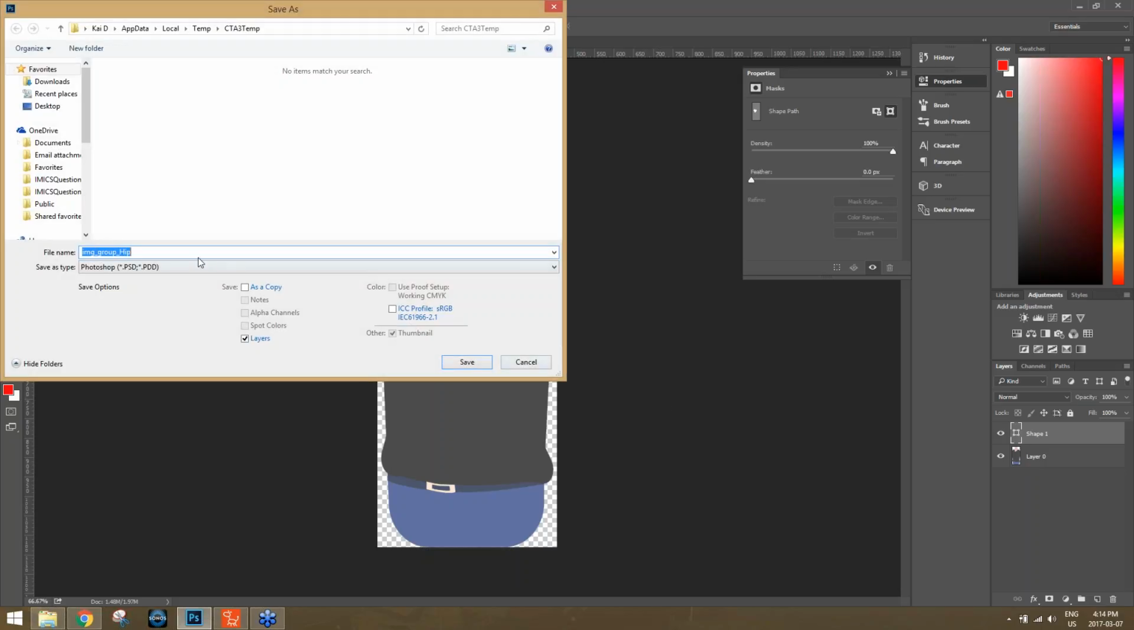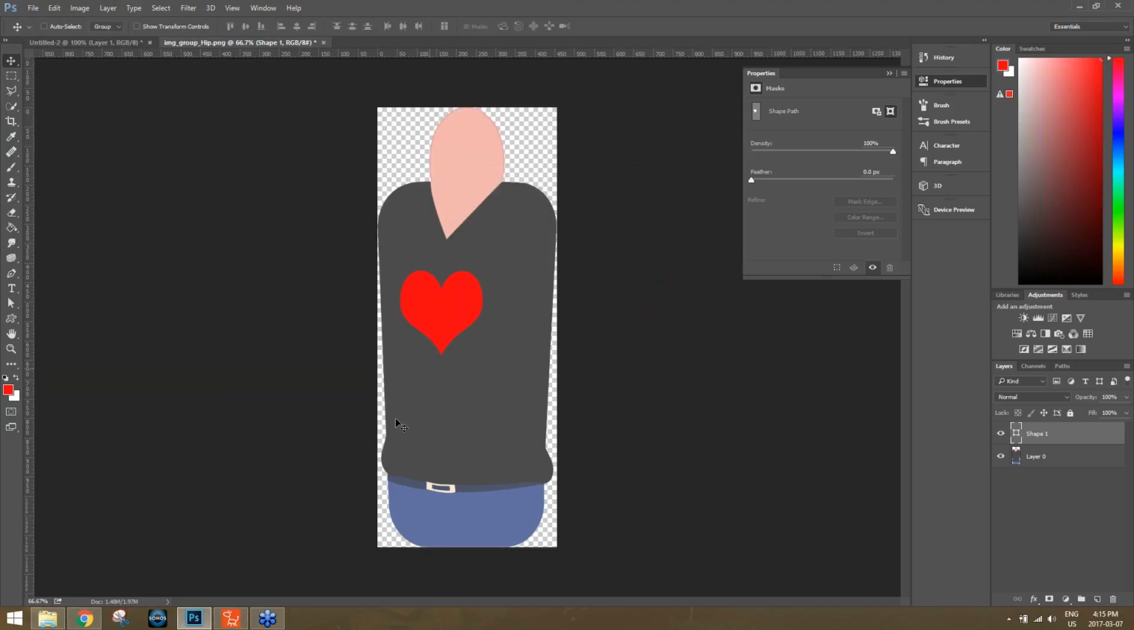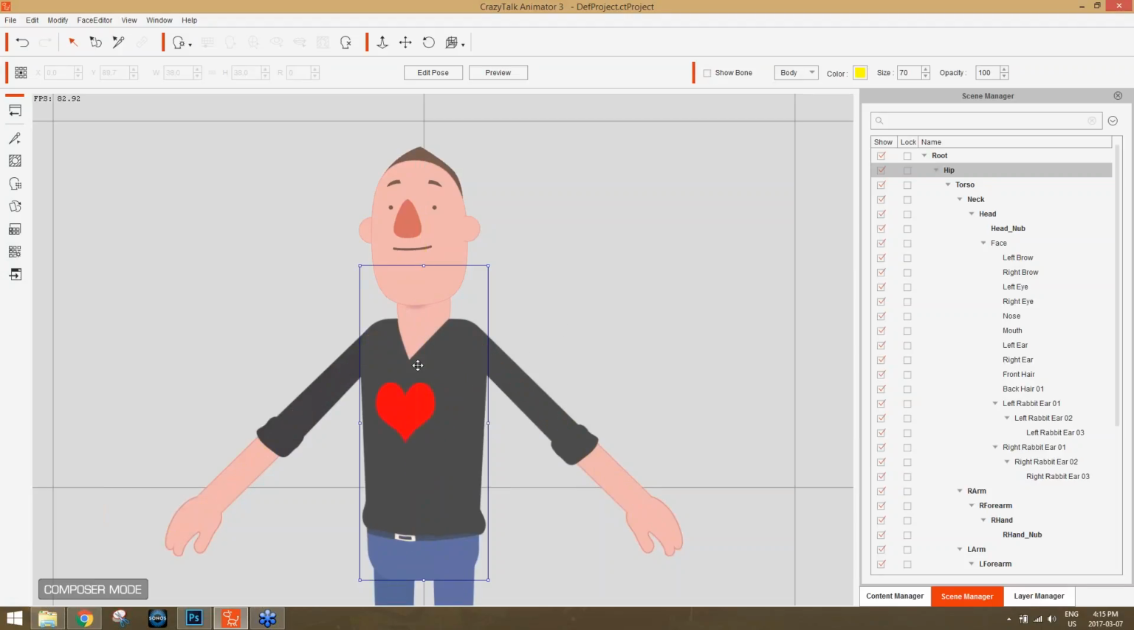Save that and select a PNG file. Make sure you select PNG. It'll open up this temp file. Generally, you can just save it, and it should update in CrazyTalk right away. Sometimes it doesn't, sometimes it does. There you go. We can deselect Show Bone, and boom, there we have a heart on our character's shirt. So that's how easy it is to customize an